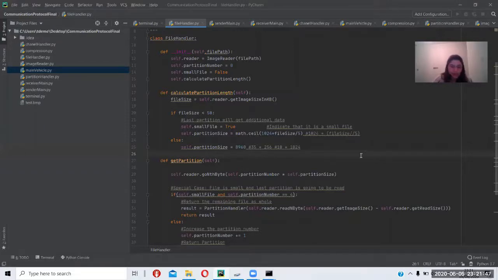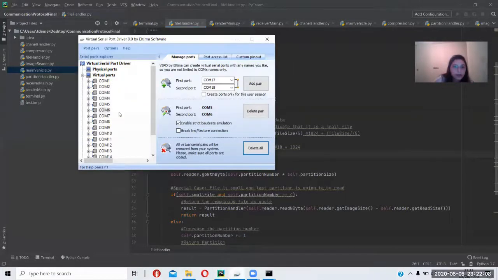Now that we've covered this, I'd also like to point out that my laptop does not have any serial receiver transmitter ports as a Raspberry Pi would. To overcome this and still be able to do the whole process on serial communication rather than opting to byte-wise transfer, I've downloaded a virtual serial port driver.